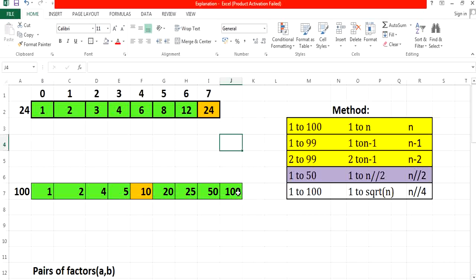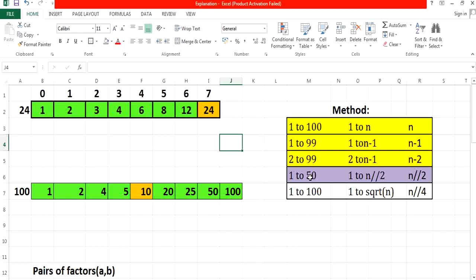For this, you know that iterating from 50 to 100 is not necessary. After 50, I am going to have only the same number as your factor. So, iterate starting from 1 till half of the number. You can find the factors. After that, the given number is going to be a factor.